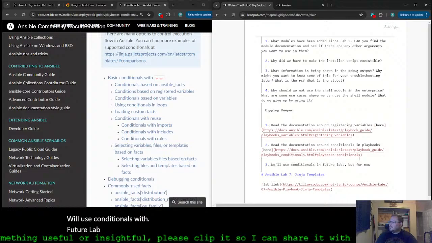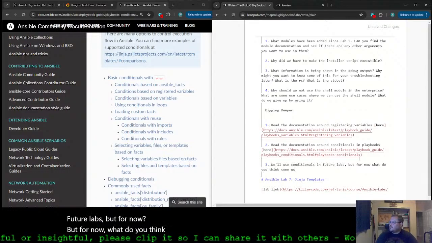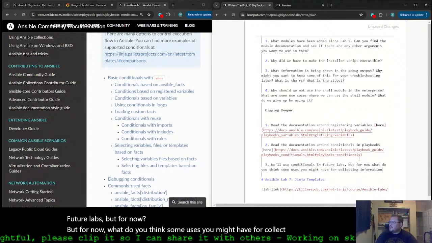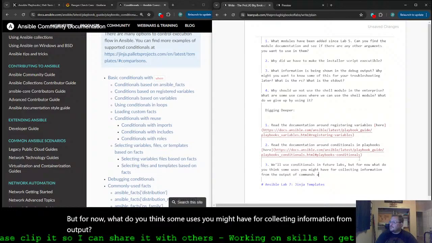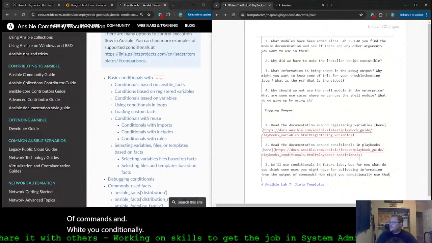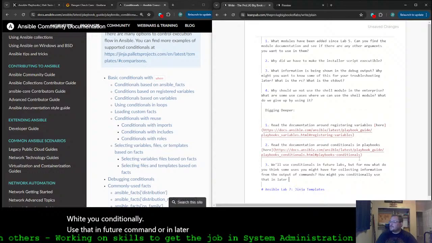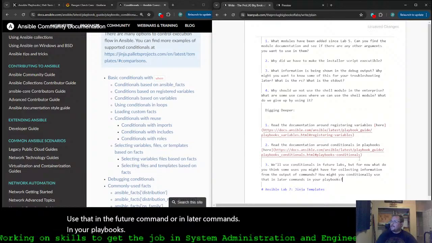But for now, what do you think some uses you might have for collecting information from output of commands, and how might you conditionally use that in future commands or in later commands in your playbooks, right? So the idea here is